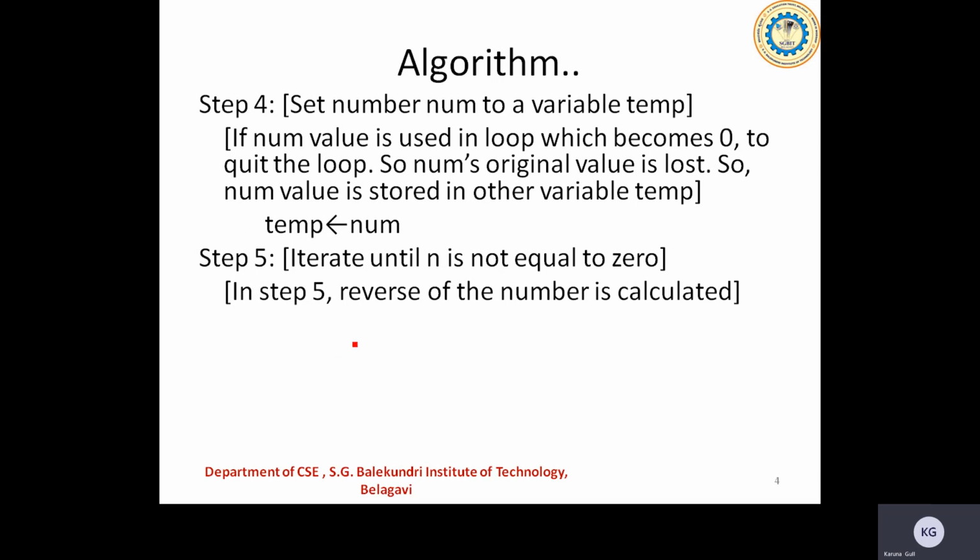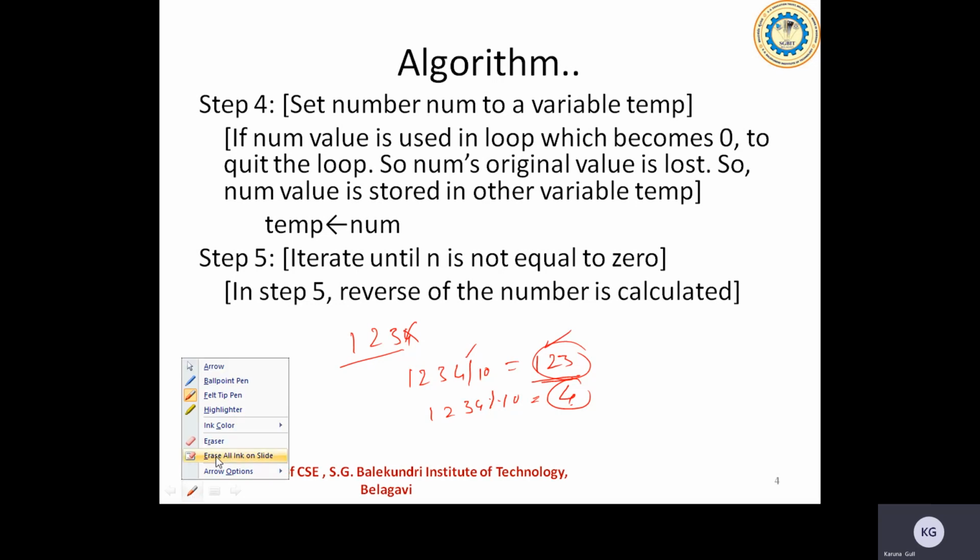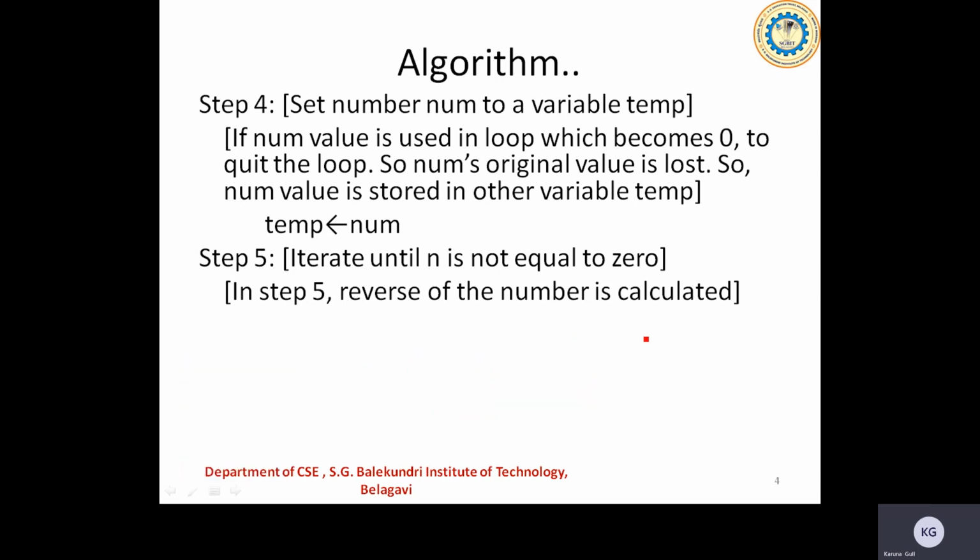The meaning of that is, if I have something like 1 2 3 4, after taking this data I must be left with only this data. To get only this much of data, this must be divided by 10. If I divide this by 10, I'll be getting only the quotient part of this, right? So I'm interested in this. To get the units place, I'll be going ahead with the mod operator here. This gives me 4, right? So this is how we can get the units place data, and along with that we are able to get the upper part also with the help of a simple division operation, right?